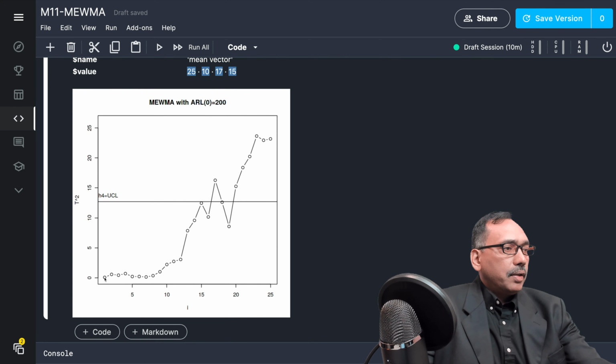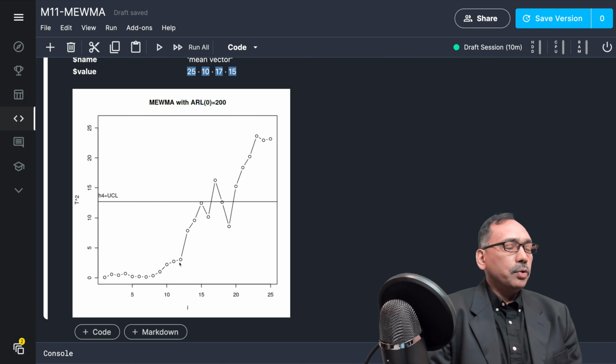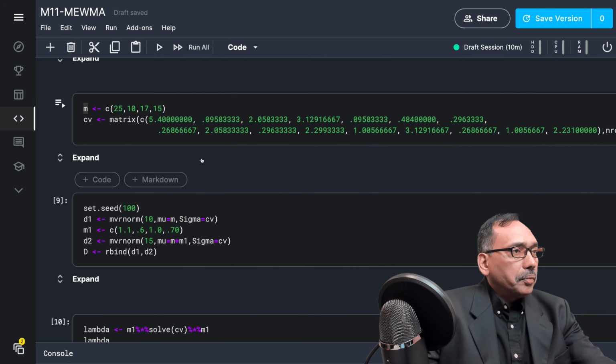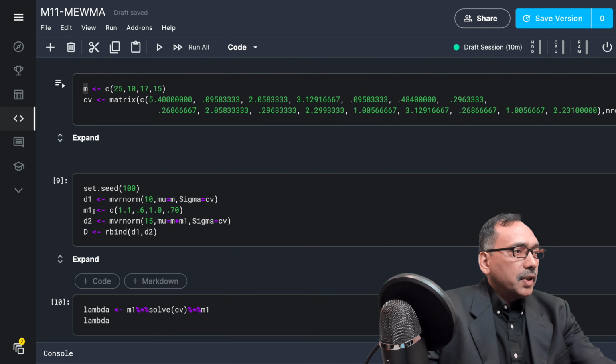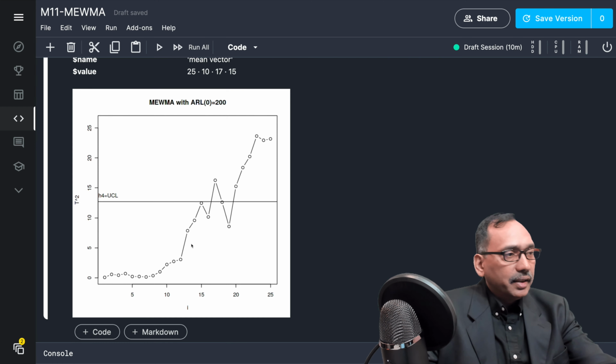So you can see 1 up to 10 points with which these control limits are made. And then the 11th point onward is with the shift that we introduced artificially using this M1. So we added M1 to M to create the shift in mean.